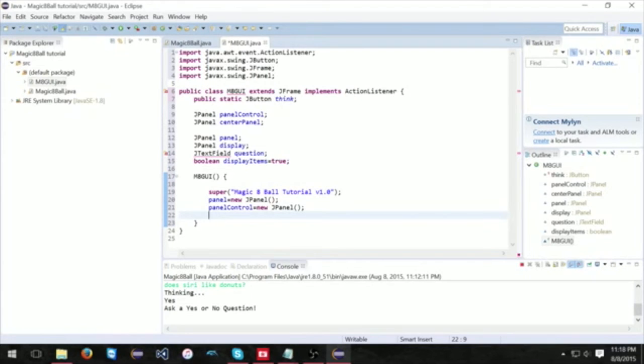And let's also do this for center panel that we made up here. Okay, and let's do